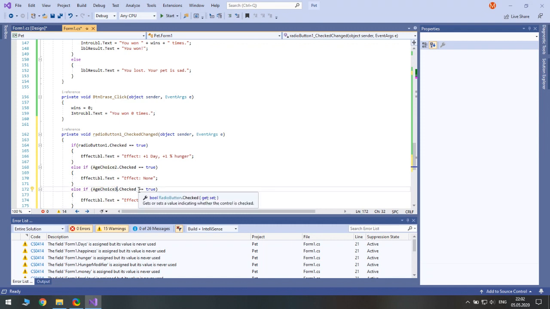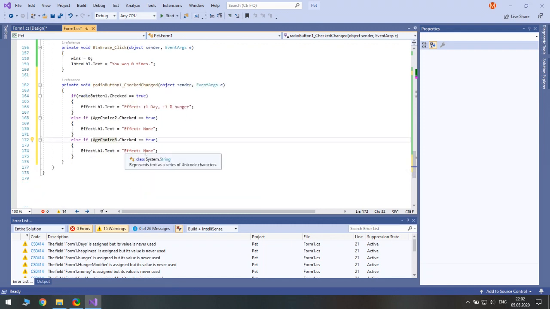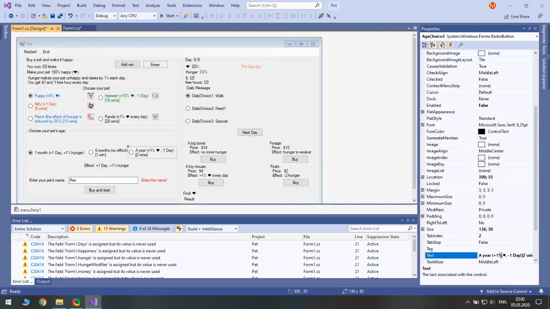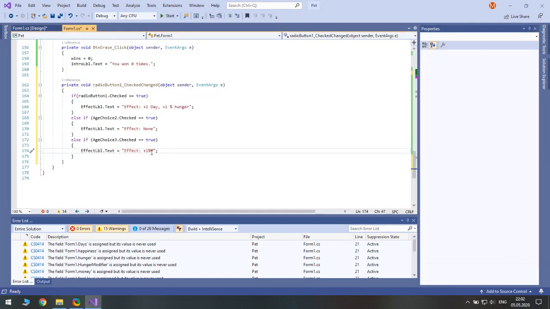If it is, its effect is +1 happiness and -1 day.